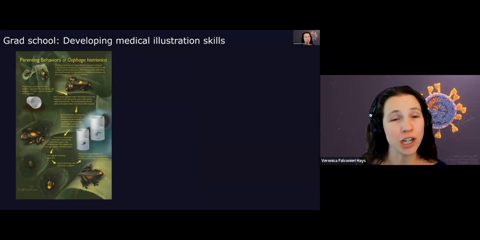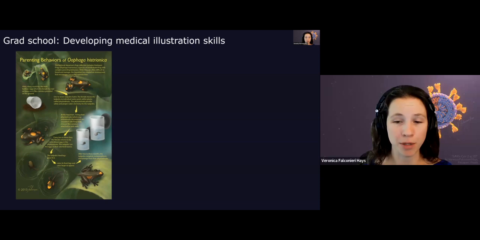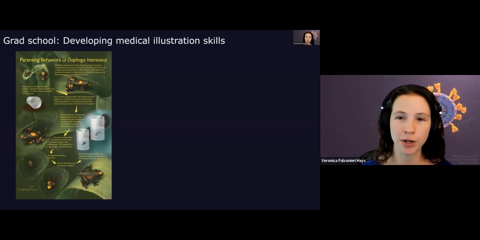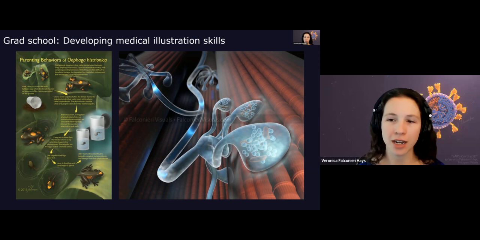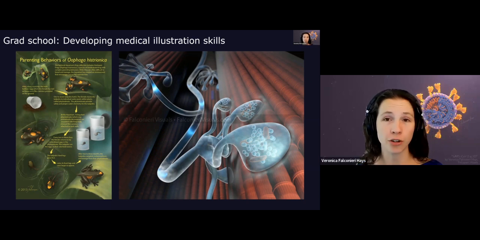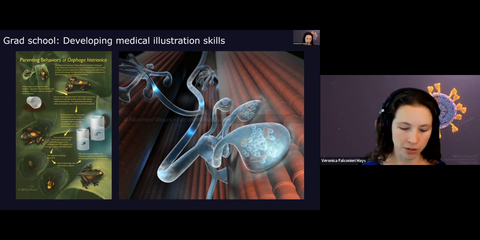We also did more general science illustration. Here you can see an illustration of how frogs take care of their baby tadpoles, and we were working with the National Aquarium for that. That was a fun project. Here's, again, one of my first forays into 3D software, where I was illustrating a neuromuscular junction, where the nerve comes in to synapse, or interface, with the muscle.